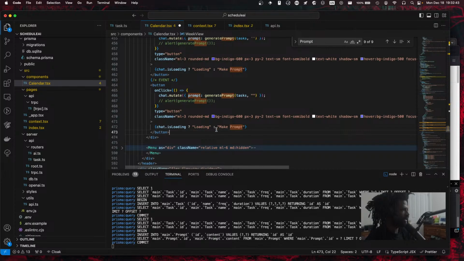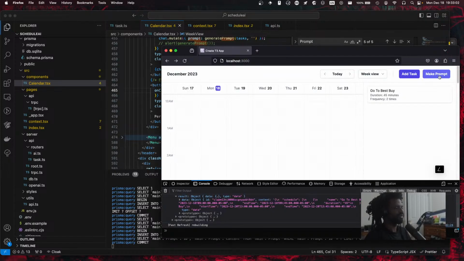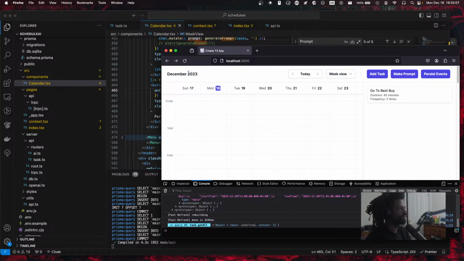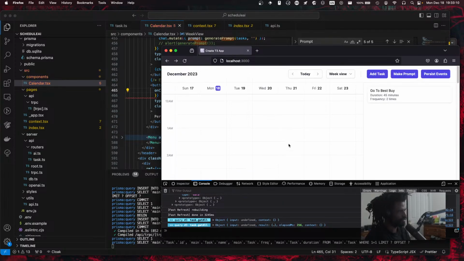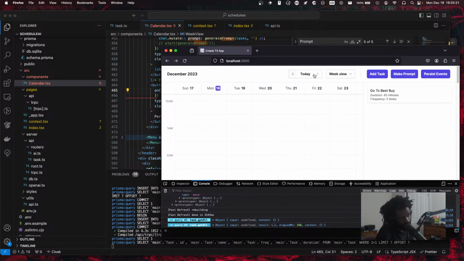So then we have a button that is just persist, on persist events, and you're gonna bloat this entirely way too much, but yeah, we have go to Best Buy twice, and the last feature that we need to build out is just hitting it,